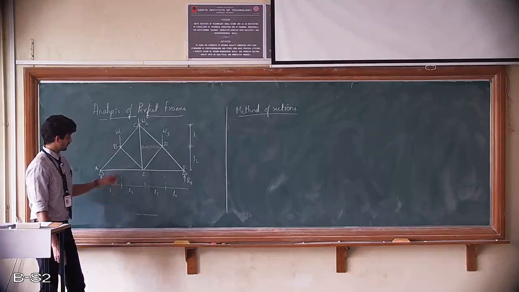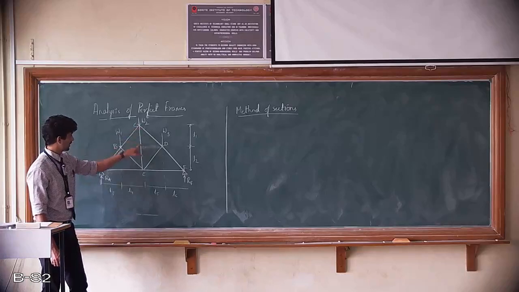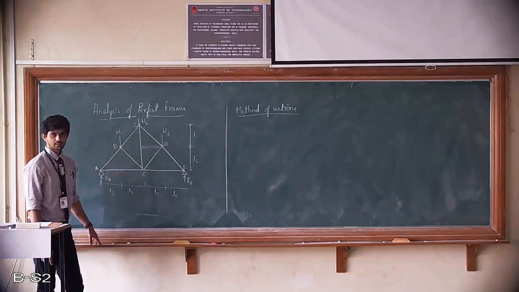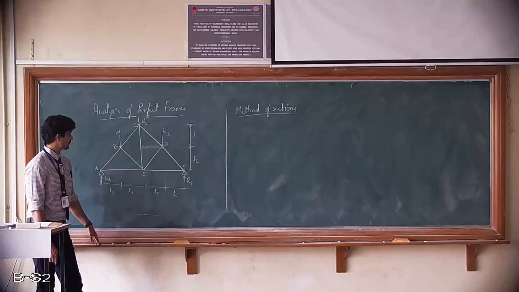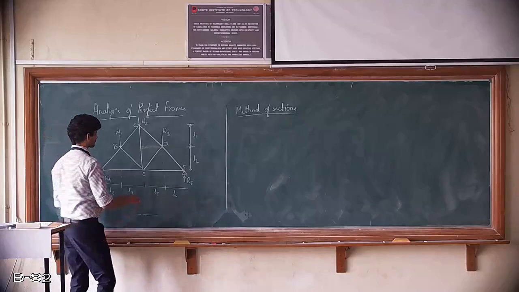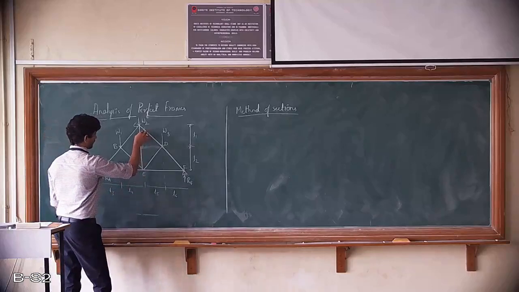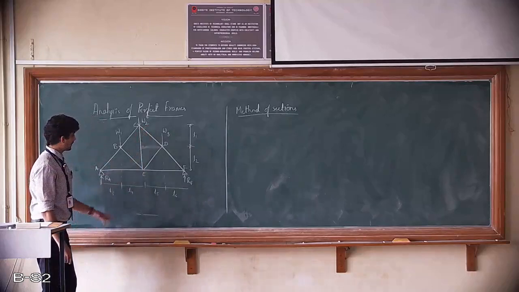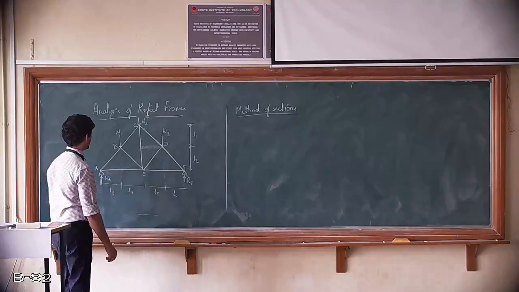Isn't it so? Here you need to solve for joint A, joint B, and then go to joint C. Then you will get this particular solution, that is the load acting at this particular member. Now instead of that, if we have a section which is going to cut this particular member, let us try to find.